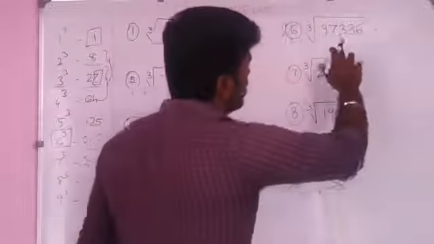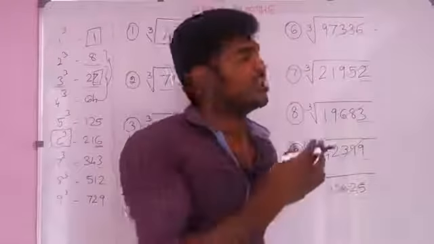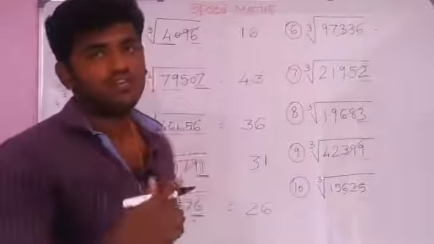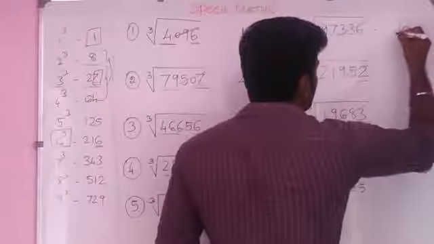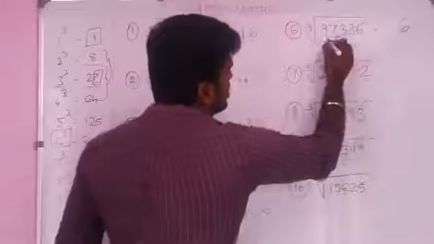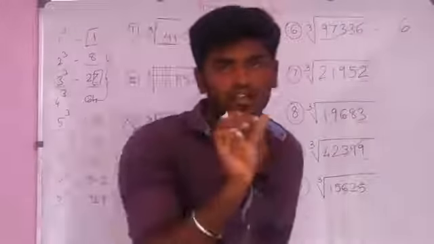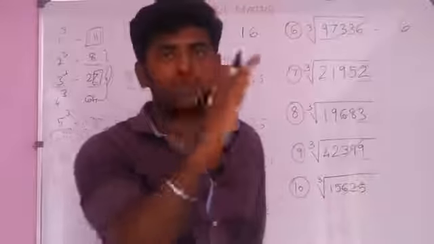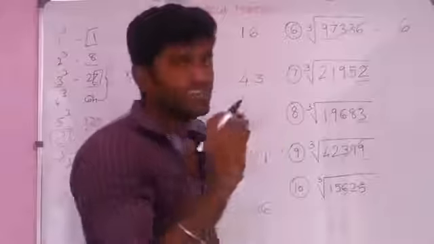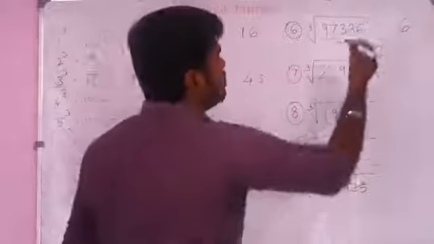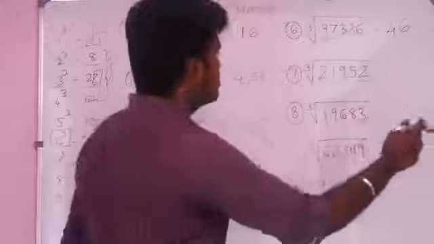And in another question, we have to see the last digit, which is 6. Compare the value 6 with the cube values, that is 6 cube, so we take 6 and omit the last 3 digits, and the remaining value is 97. Compare the value 97 with the cube values. 97 is between 4 cube and 5 cube, that is 4 cube is 64, 5 cube is 125. So we take the smaller value, that is 4 cube, so we take 4. So the answer for this question is 46.